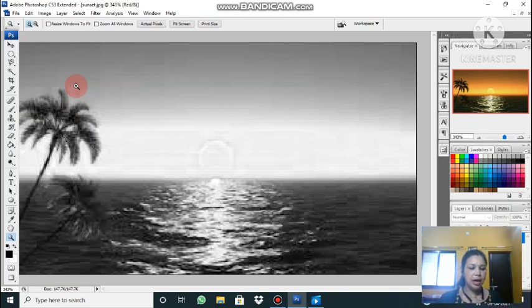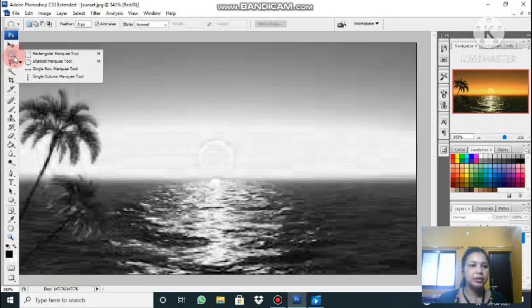Next is how to duplicate the image. Here I am going to show you using the simple Marquee tool, a selection tool. One of the selection tools we will be using. Among selection tools, we have the Lasso tool and Marquee tool. So for that, simply go to this tool. Here's the second one, and right click on this. Here you will see all the Marquee tools.